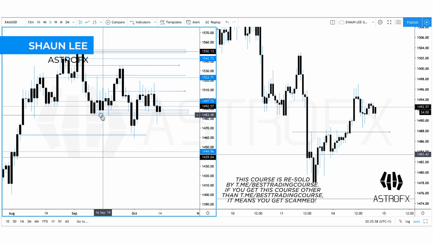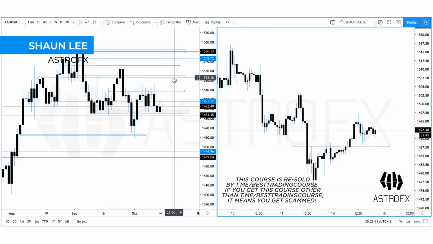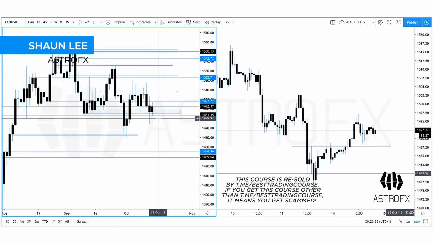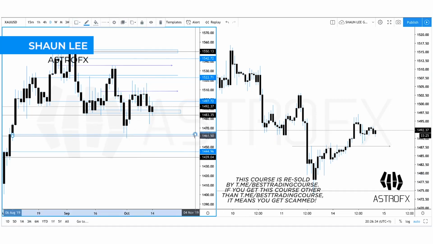So for as long as we're above the weekly area of support, I will be standing by a bullish stance on gold. I'll be looking for higher moves into, first and foremost, maybe 1520, 1522. Once this area is broken over here, because as you can see, we had the three drives 1, 2, 3, and I did state we had a push back below. Then we created a new lower swing high, lower low, lower swing high. If the weekly doesn't hold, we can come back down into this region,